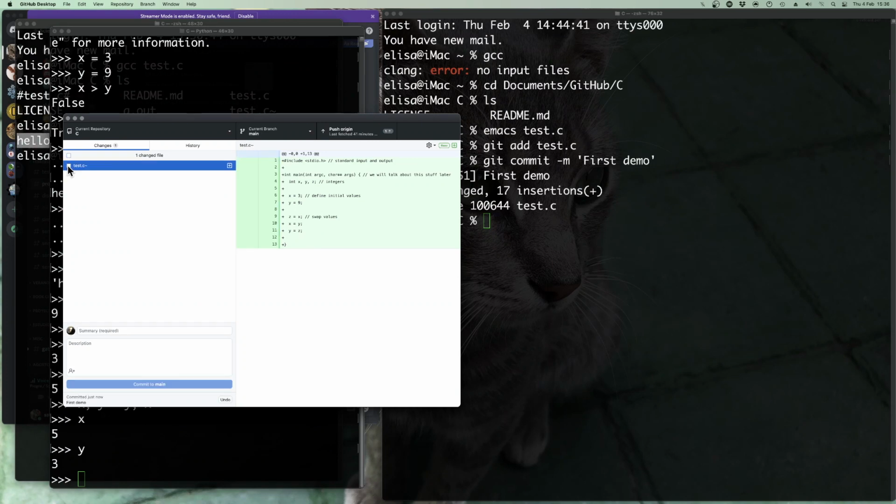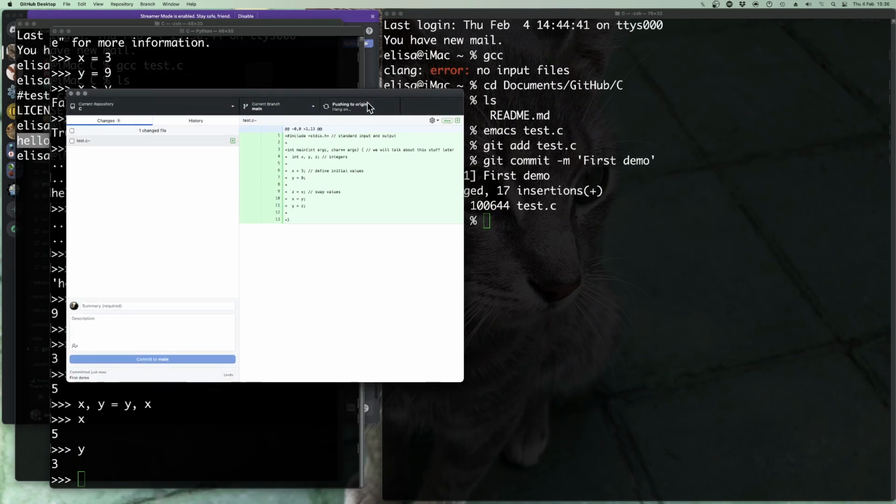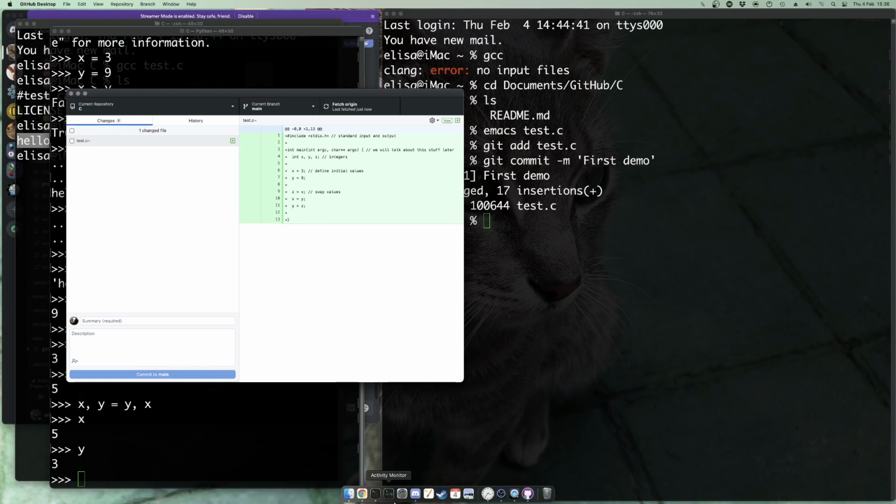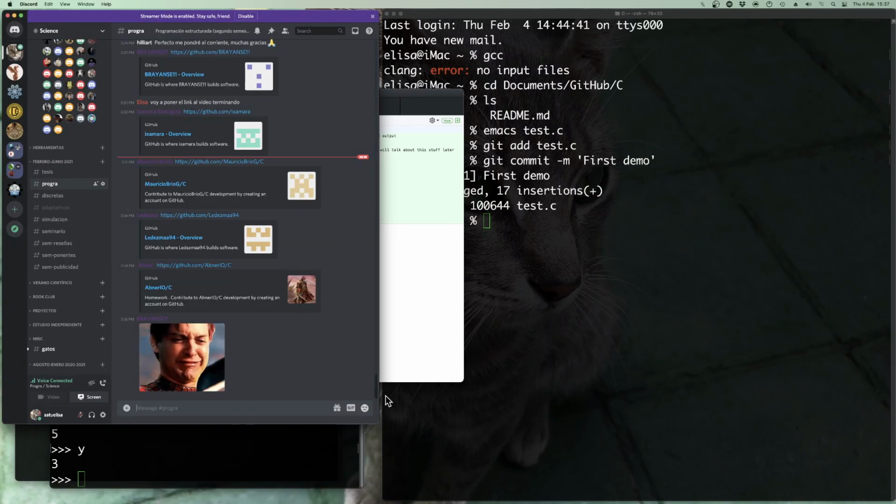To send this commit here. We are totally not sending this one. I'm pushing, meaning I'm sending to the cloud repository what I'm doing. And now if we go on the site,